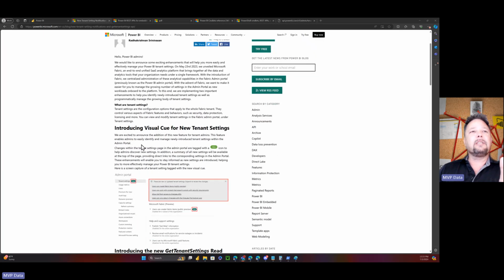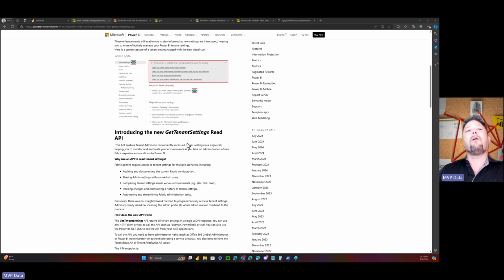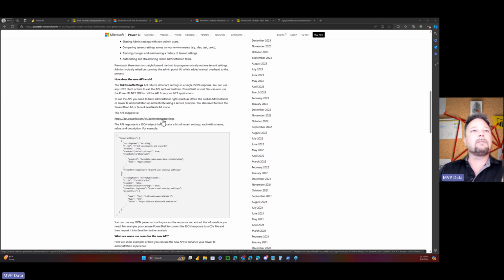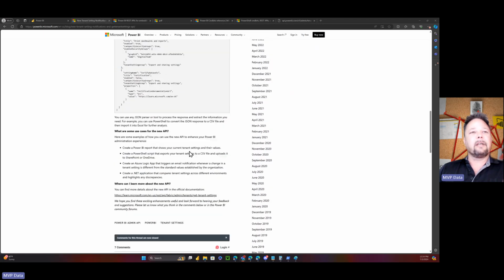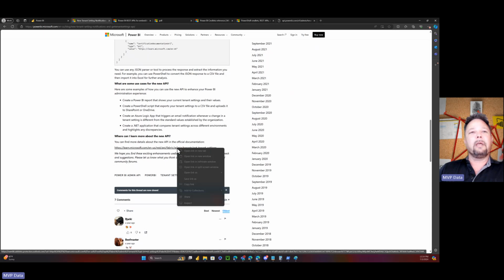But what they did is, they announced these visual cues for tenant settings, but then they also introduced a new API call, Get Tenant Settings. So if you ever wanted to document your tenant settings, in a Word document or in a Power BI file or however, this basically provides a mechanism to do this. And so they explain that this is the API endpoint, api.powerbi.com, v1 admin tenant settings, and it pulls back a JSON document for you that has all your tenant settings and stuff. And the nice part is that they, of course, give you a nice link here to get more information,